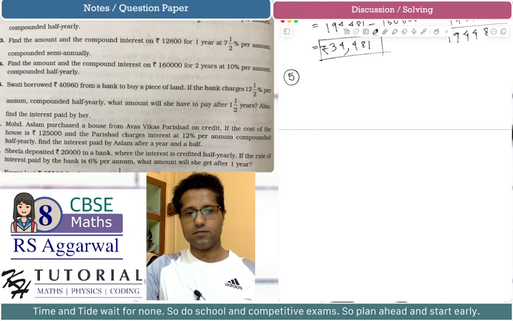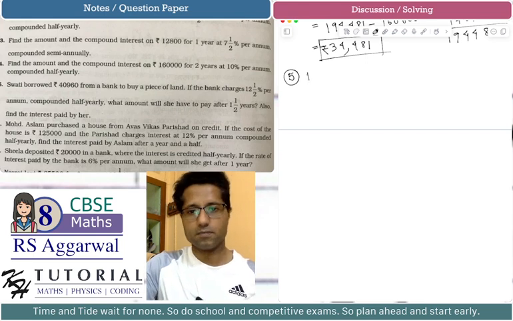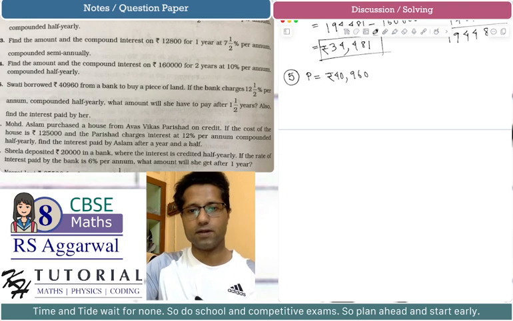Also find the interest paid by her. Okay. So the principal is the amount that Swati borrowed from the bank, which is 40,960. The bank is offering a rate of compound interest, and the rate is 12.5% per annum,